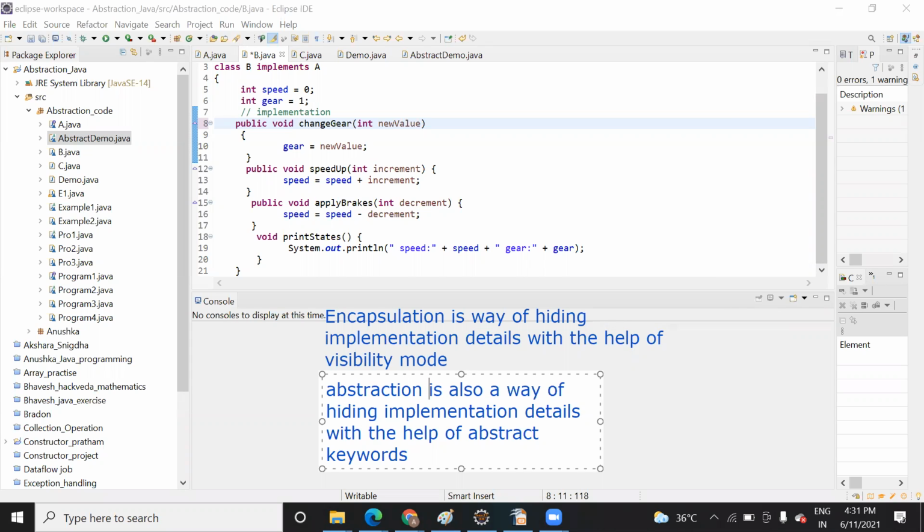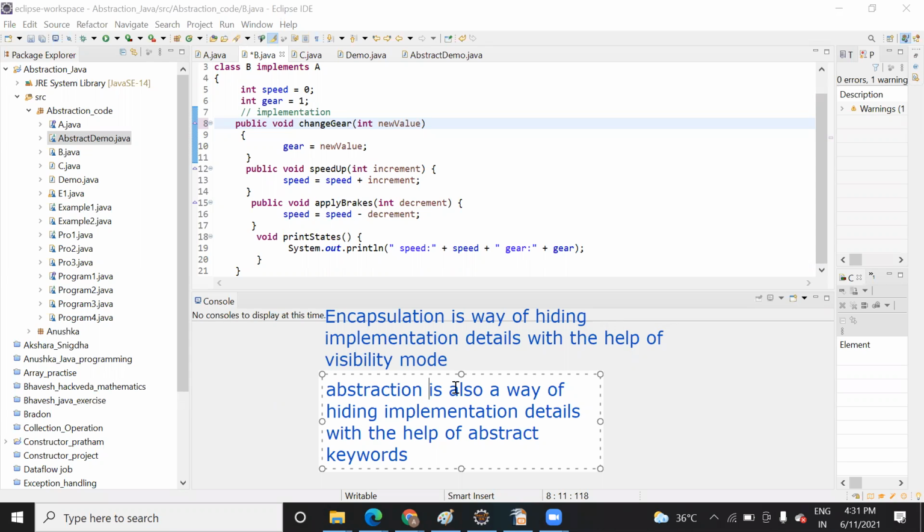Both are used for hiding the implementation detail, but in abstraction you are hiding detail, not necessarily whether it is useful or unnecessary detail. But in encapsulation you are hiding implementation detail that is necessary, like changing the visibility mode. When you change the visibility mode, it will impact the whole code.